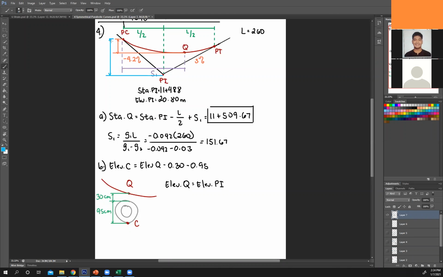So may nakuha yung 11.5. Okay. Yun pala yung kaninang tanong. Okay, again. So to solve for Q, let's look at the parts of your parabola. First of all, what do you call this? Vertical distance from PC to SAG. Not A. Vertical distance from PC to SAG. Correct, Lawrence. It's H1.